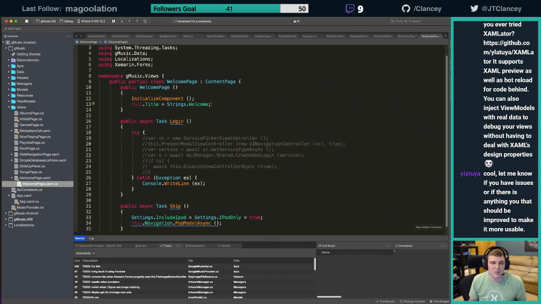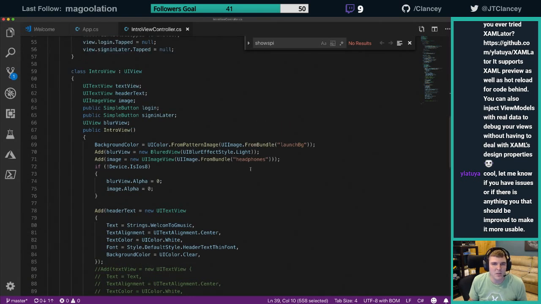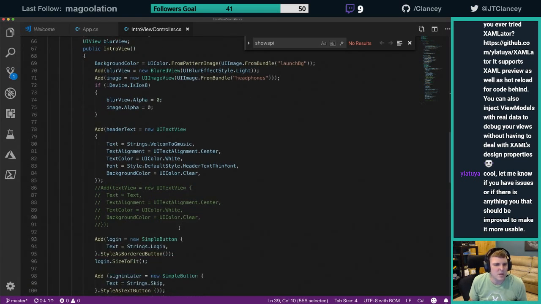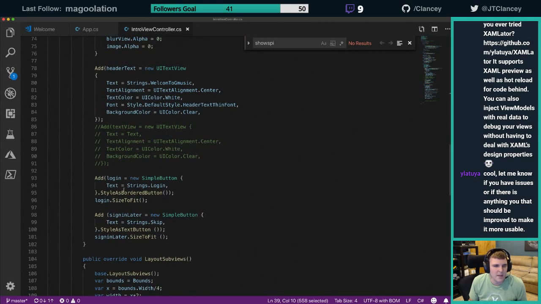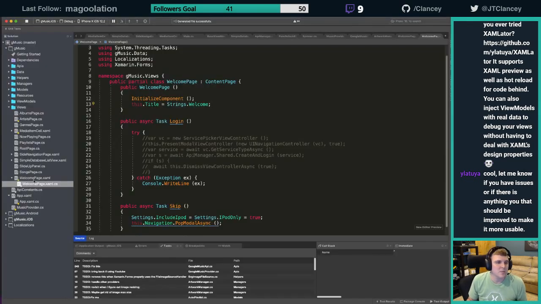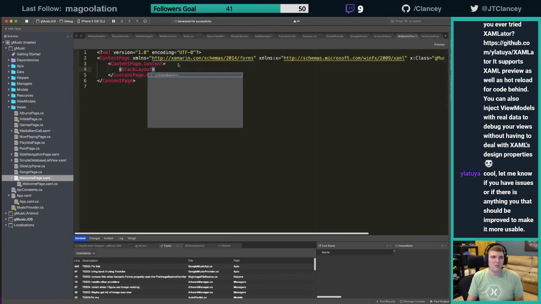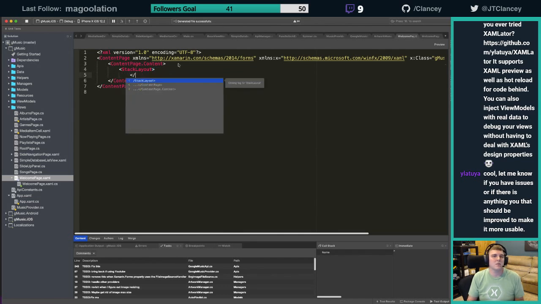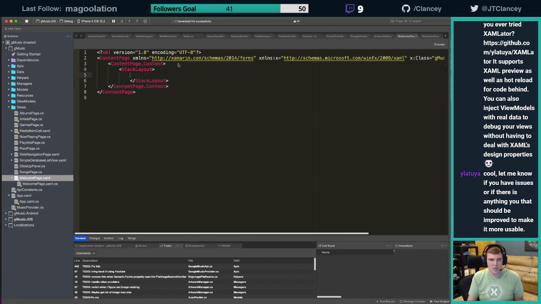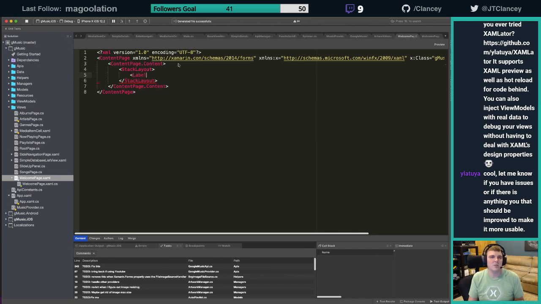So if we go back to the old one had an image and text. So it had, I did use, it's funny, I used the welcome in one spot but not the other. And then the button saying, hey, come log in or skip. All right, so let's build this page out. We have that. Let's do a stack layout. All right, wow, am I typing extra stuff? Okay, so format that. So inside of here, we're going to have a label